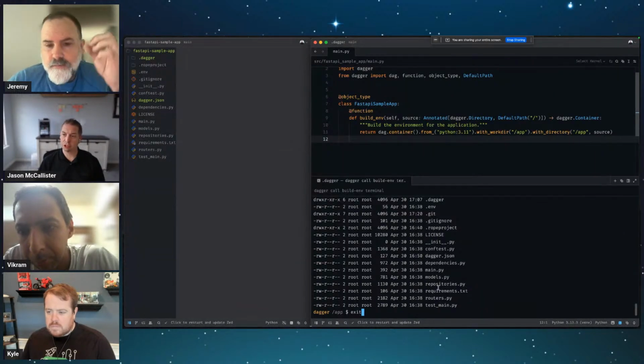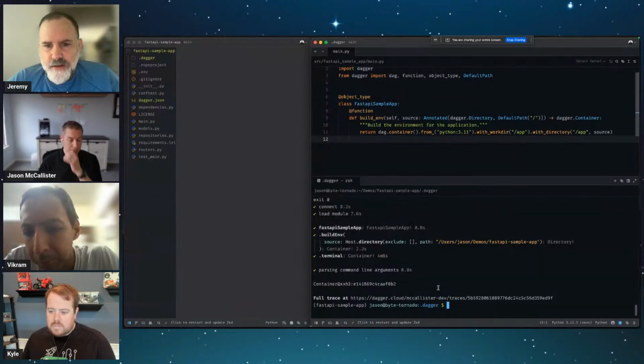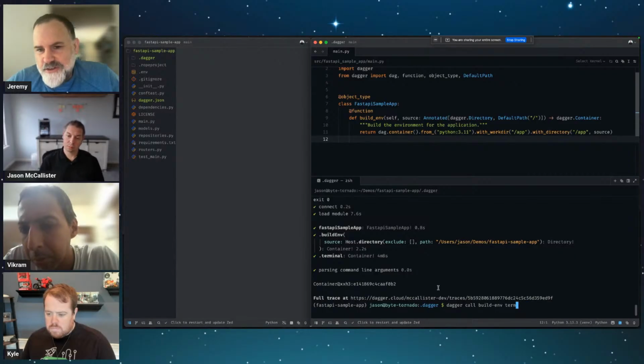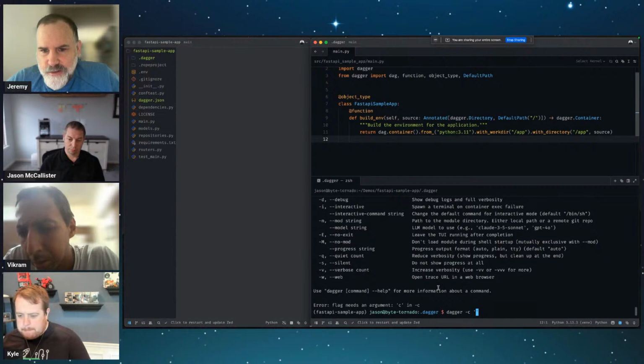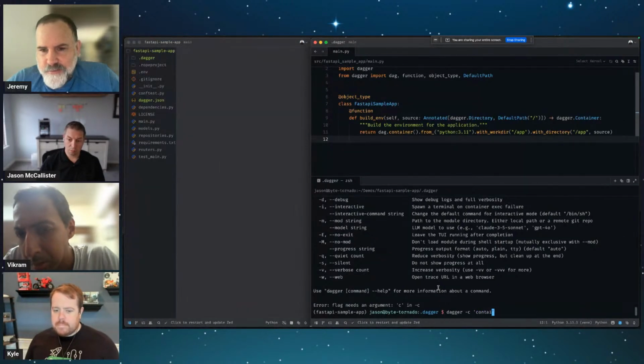Because I think that's really for the terminal session, when you are going to execute commands in there, it will drop you into that path. Can you do it on the shell really quick? Just exit and let's check it. Just say dagger call, or dagger core in this case. We should just do dagger shell on this one. Just do dagger -c, and then a quote, and then container | from python